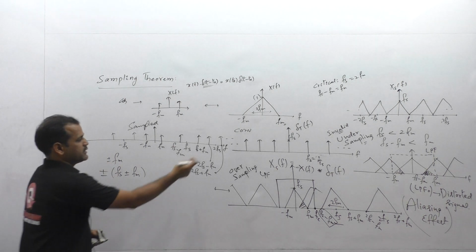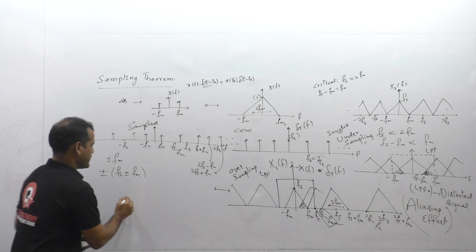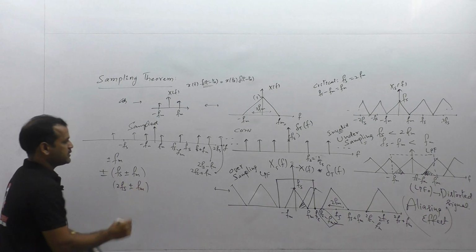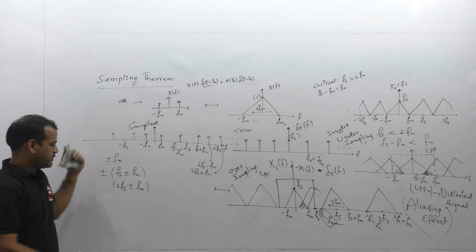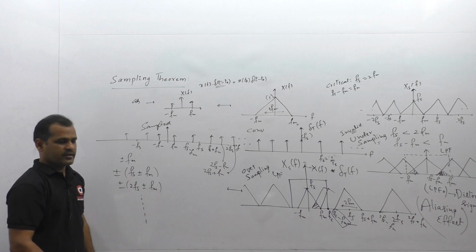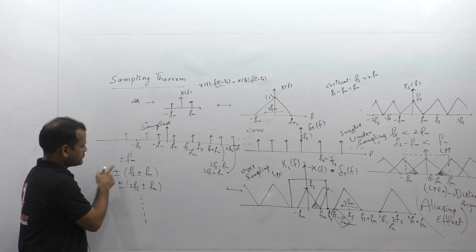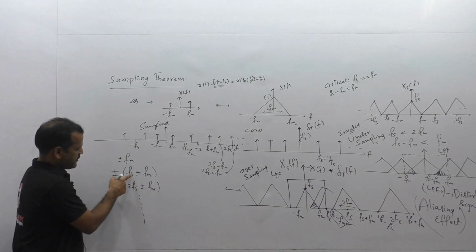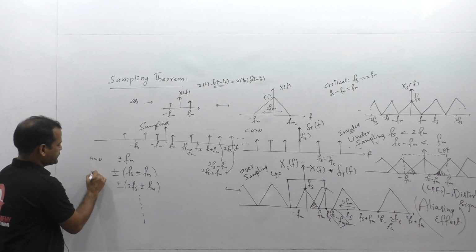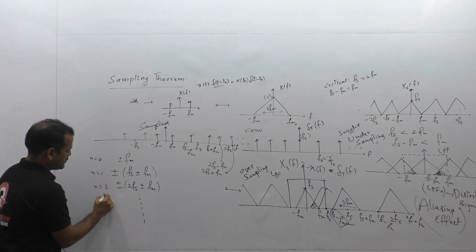And then this is 2Fs plus Fm, 2Fs minus Fm. That means 2Fs plus or minus Fm. These two components are reflected on the negative side. So here also plus or minus you can take, and so on up to infinity. So here the n value starts from 0. Observe here, Fs is multiplied with some n value. That n value is here 0, here it is 1, here it is 2, and so on.